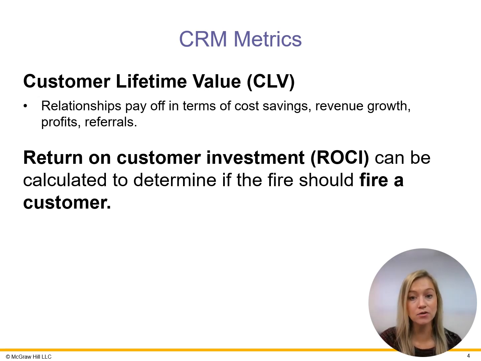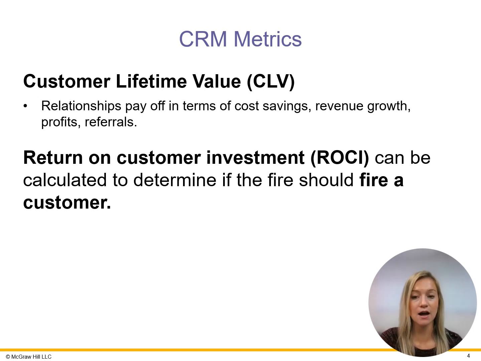It is possible to actually calculate an estimate of the projected financial returns from a customer, or a return on customer investment, ROCI, over the long run. This analysis provides a very useful strategic tool for deciding which customers deserve what levels of investment of various resources: money, people, time, information, etc.